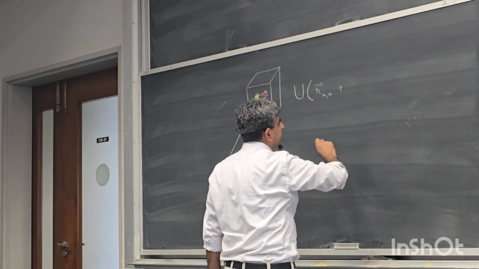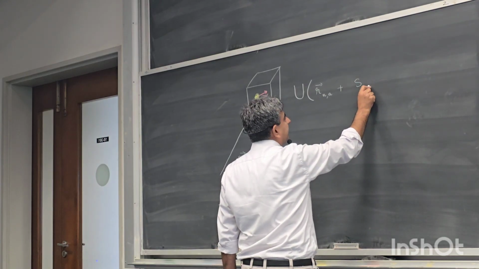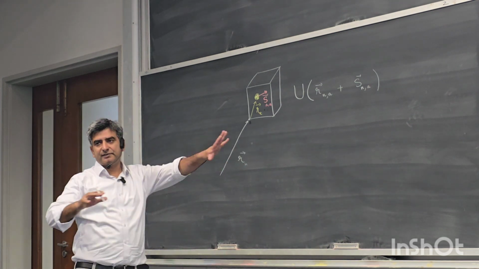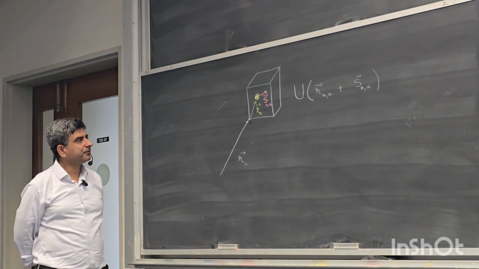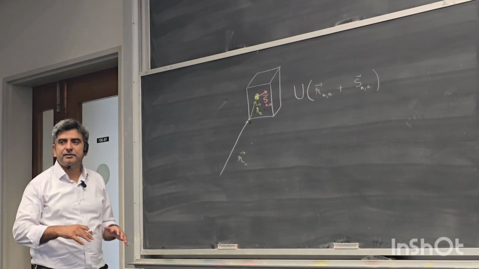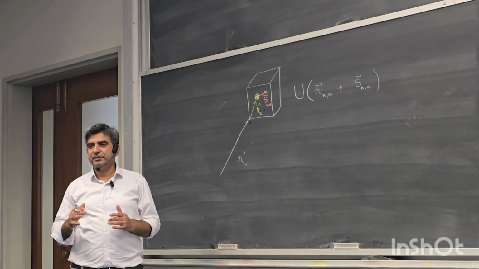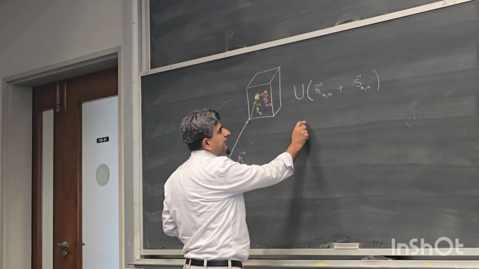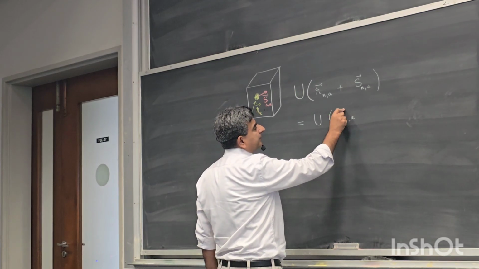So the new position is R_{nα} + s_{nα}. If you would like to find the total energy of the crystal inside this configuration, then we can expand the energy about its equilibrium position. So if we do a Taylor series expansion, this would give us the energy when all the atoms are at